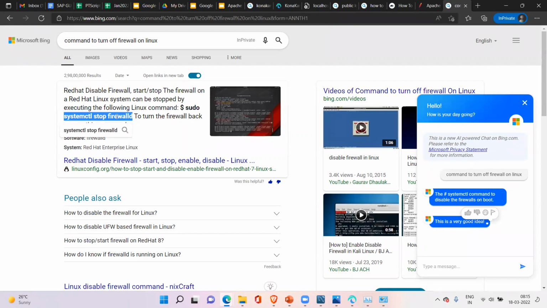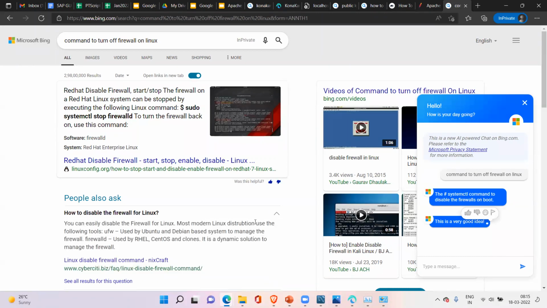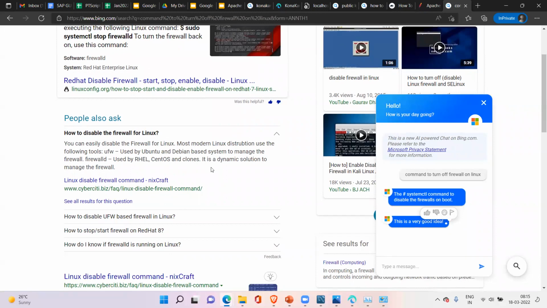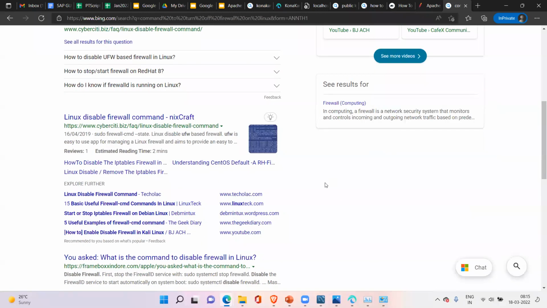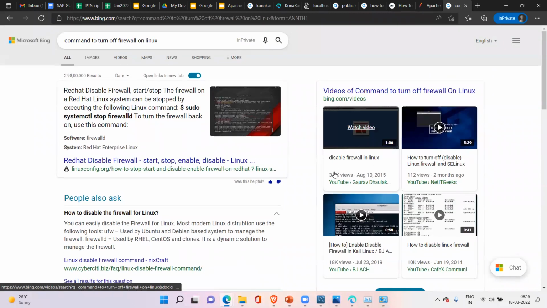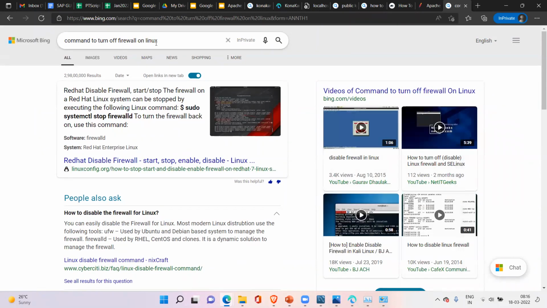This is the command to stop the firewall on Linux boxes. Clear, guys? Or here you can see how to disable the firewall for Linux. You will find the steps, like the commands to disable the firewall on Linux. Google search for it and you can do that. Now let me go back to the PPT.